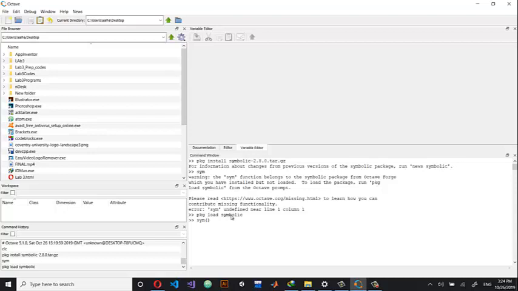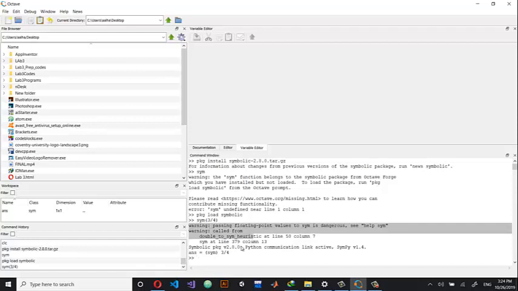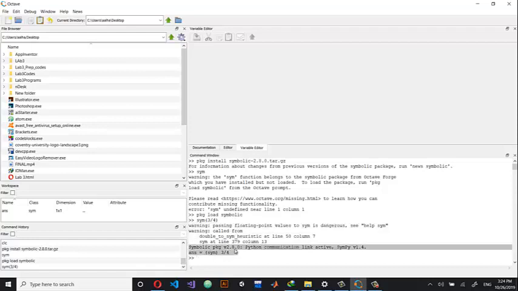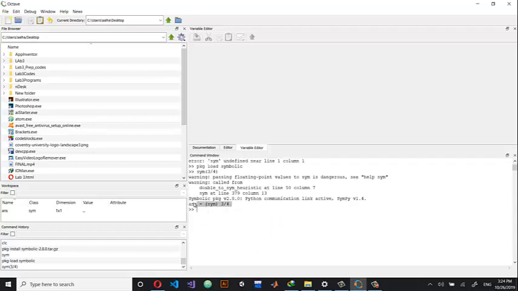Now let's try and use the symbolic toolbox. Let's say something like 3/4. Don't worry about the warning. The most important thing is that it tells you that you have the symbolic package version 2.8.0, and it's telling you that you are trying to print the fraction 3/4. This means that we have successfully installed and loaded the symbolic package. There's one problem, and I'm going to tell you how to solve it. If you're fine with it, then that's totally fine. The problem is,